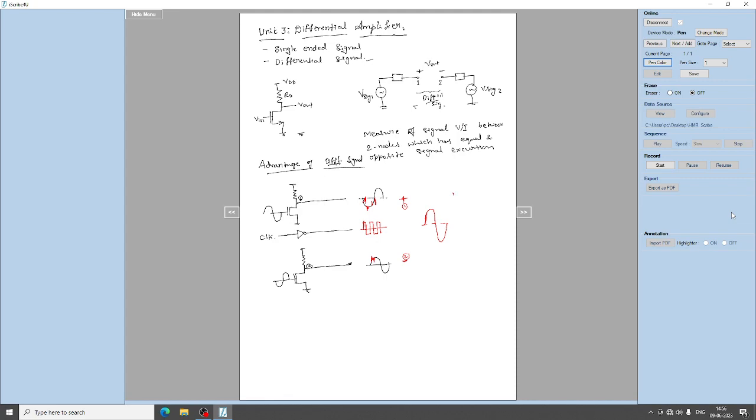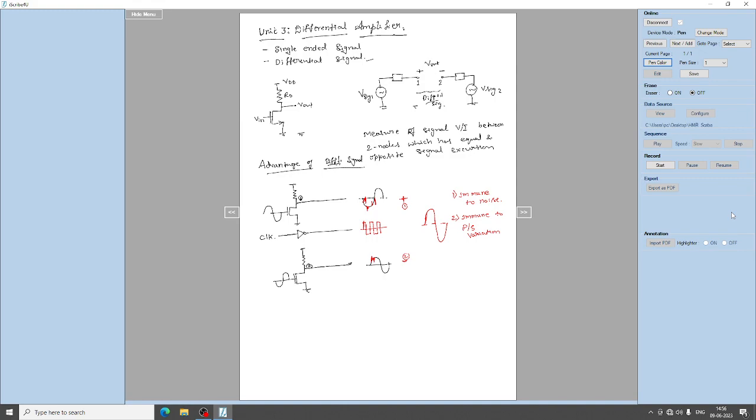Basically one of the important advantages is that differential signals are immune to noise. This is one of the important features of the differential signal, where the differential signals are more immune to noise, and the other is that differential signals are immune to power supply variations, right? So this is another advantage of using